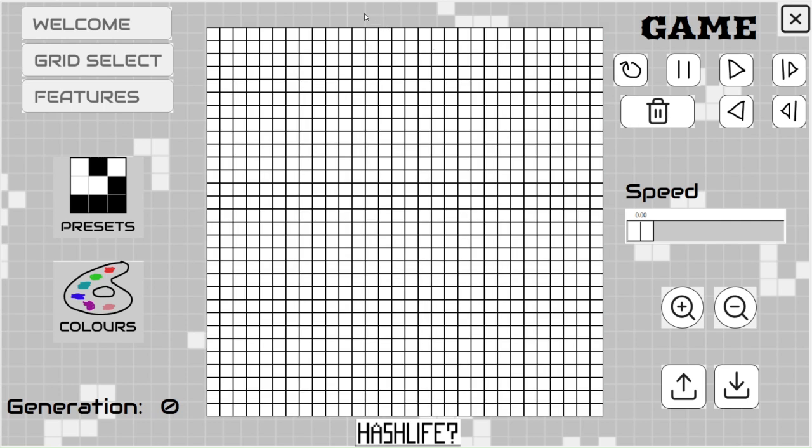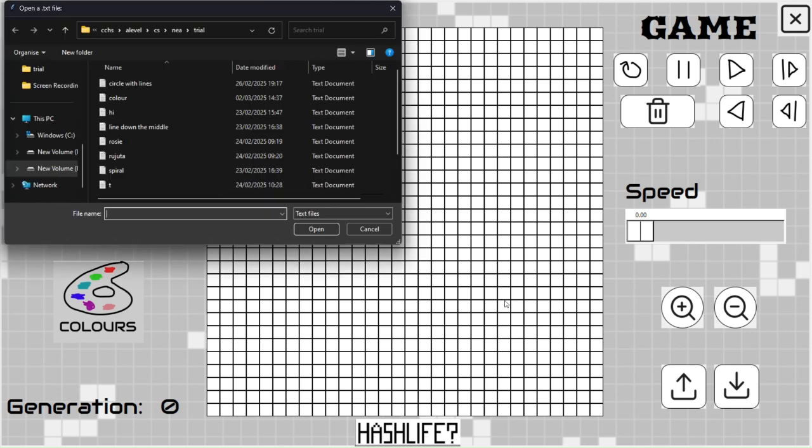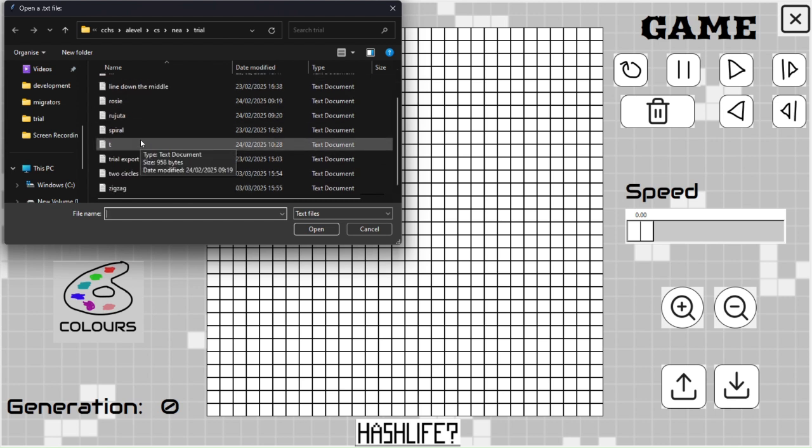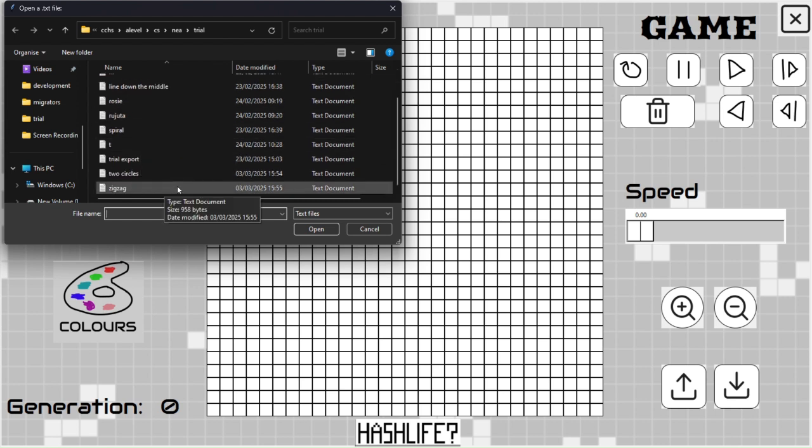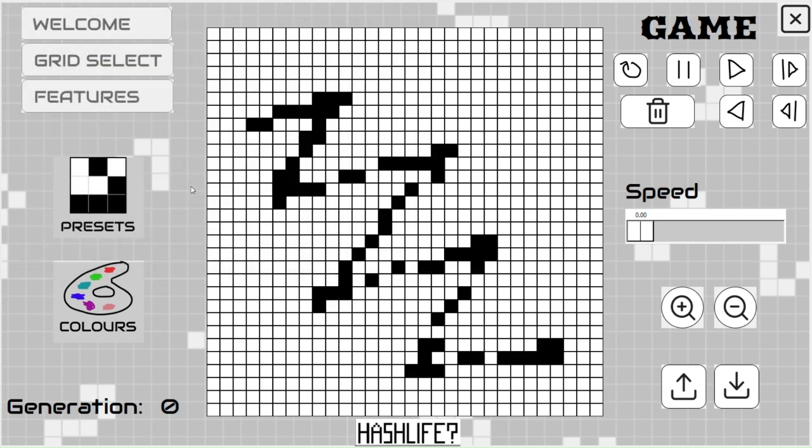Test number 27 is that the import button imports a pattern into the grid. And to test this, I'm going to first press the import button, which is over here, and I'm going to choose a pattern to load. I can choose a pattern from any file that I like. So I could choose one from this trial file, and I'm going to do that. I'm going to choose the pattern that we saved earlier. I'm going to choose zigzag, and as you can see, it loads it onto the grid